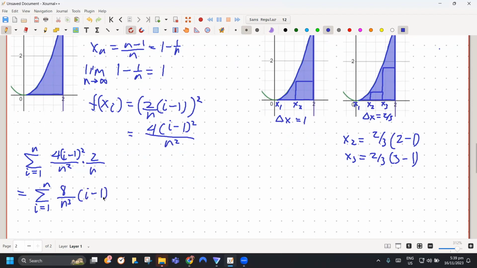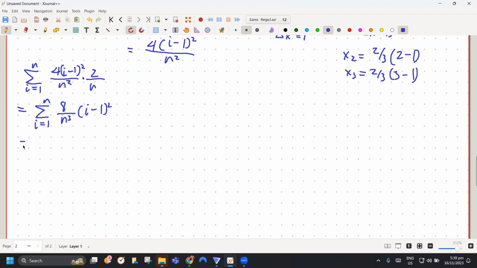So n cubed and i minus 1 squared, which expands to i squared minus 2i plus 1. Okay, and then,